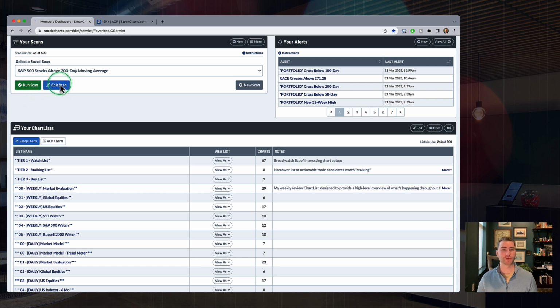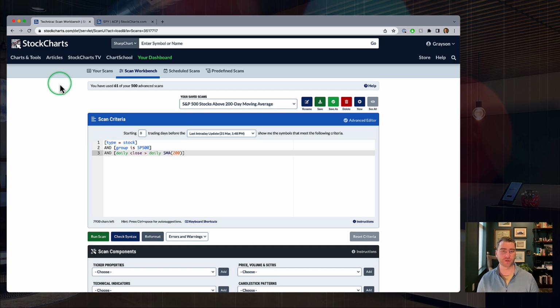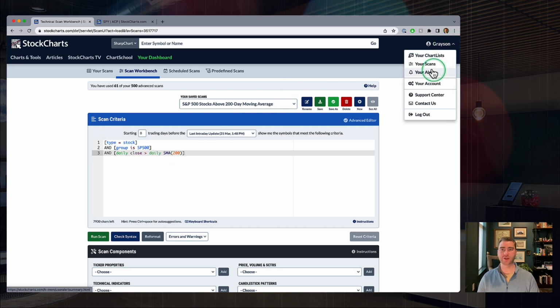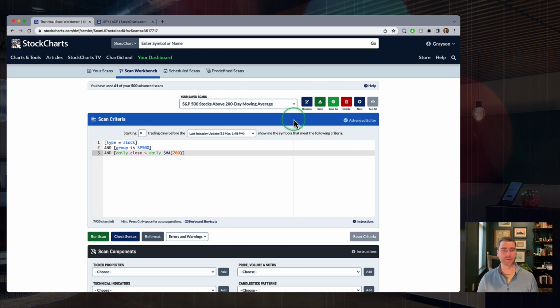Or we can also jump over to the Workbench itself. If we hit edit, we can actually see what that scan syntax, as we call it, looks like. Now, if you hit the Your Scans link from that top right corner, that's going to be the page that we take you to. It's going to take you right over to the Scan Workbench. So same kind of thing here. If you want to select a scan, and then you'll get that criteria,